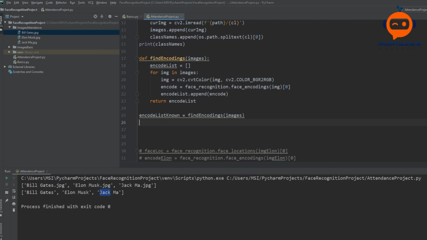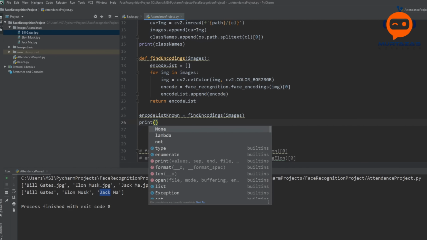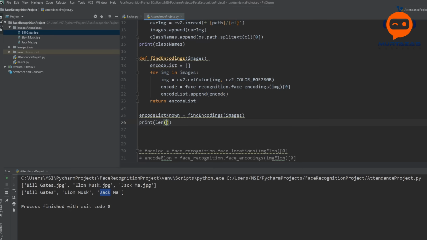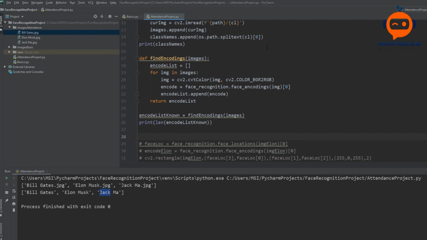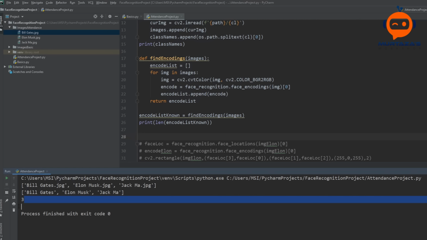Now to test if it works properly, we can print out the length of our encoded list known. So let's run that. And there you go. Now we can see we have 3 encodings in our list.